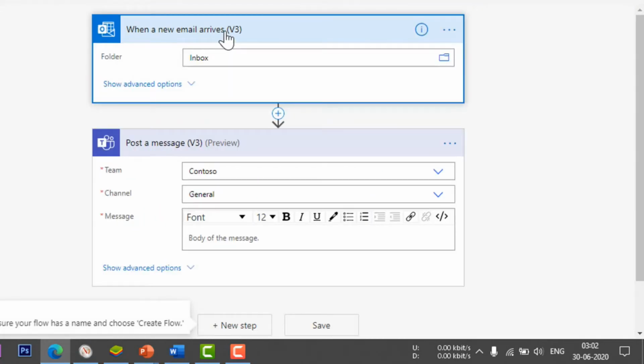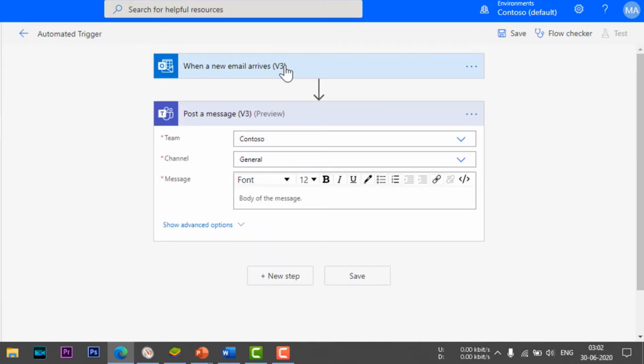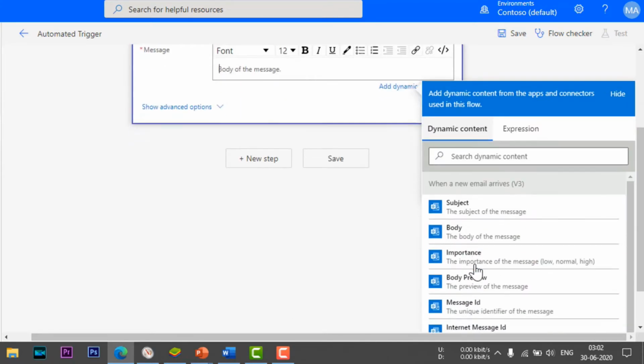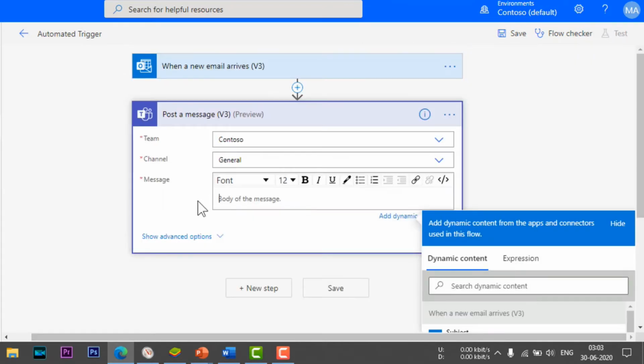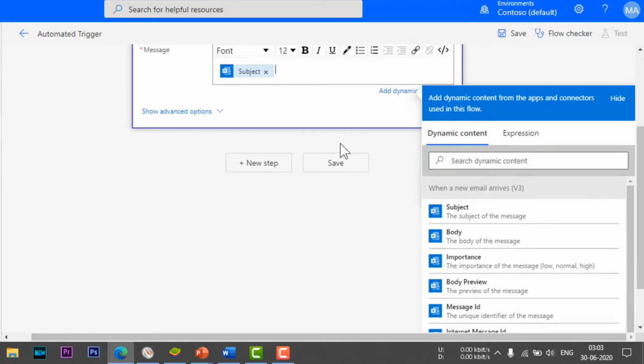So from the trigger we are getting some data, some values, so we can use these values in the next step in the action. As dynamic content, we can get a lot of information from a previous step. If we want to add a subject in a message, we can add the subject as an action card.